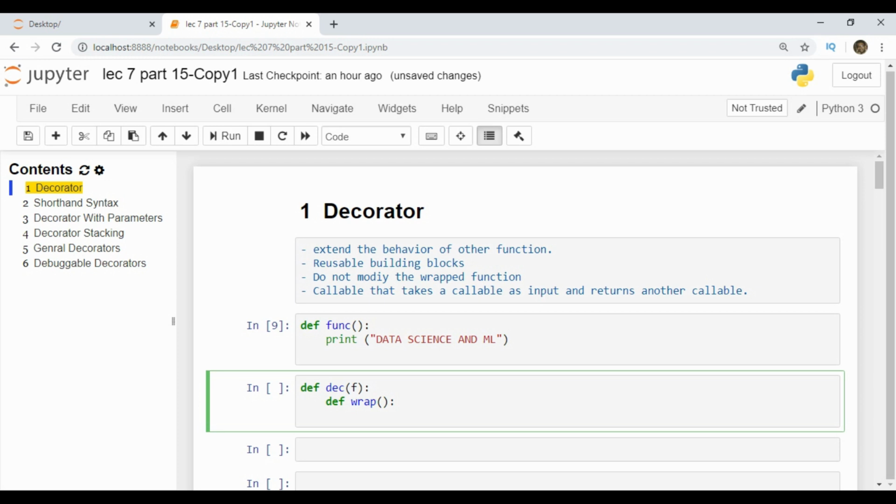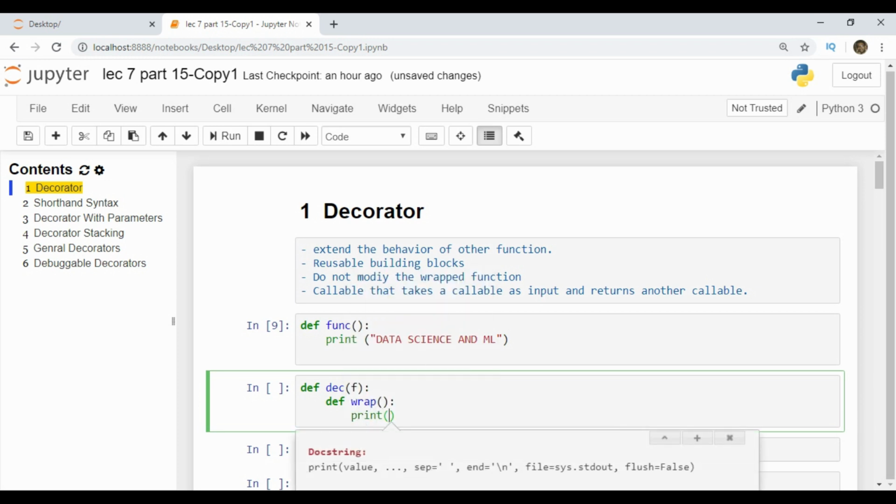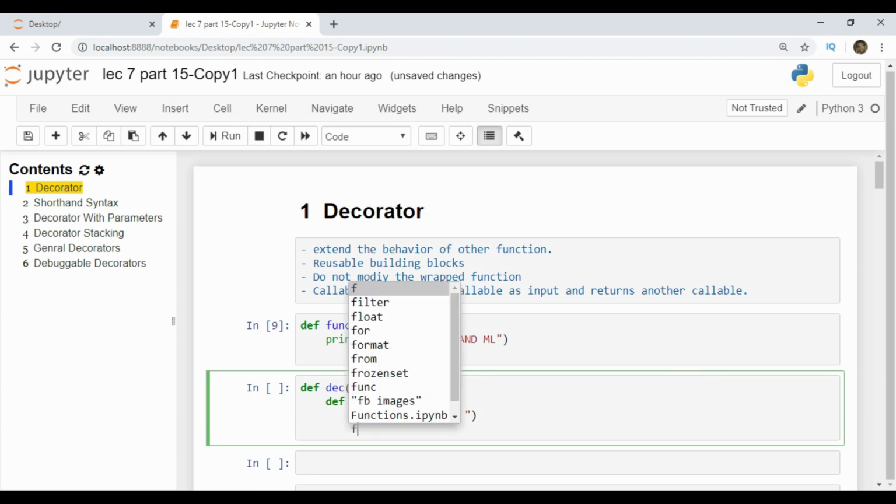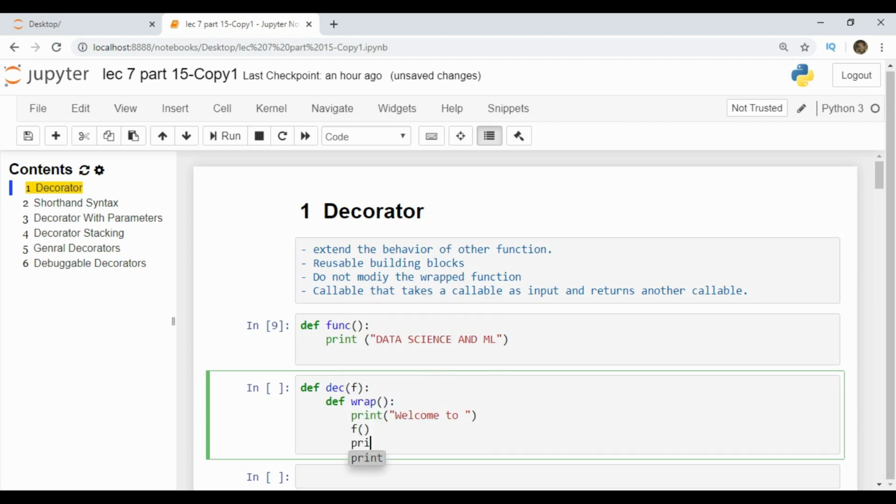Inside it we print one statement, print, welcome to. After this print, we call the function f. Then we print with Python.